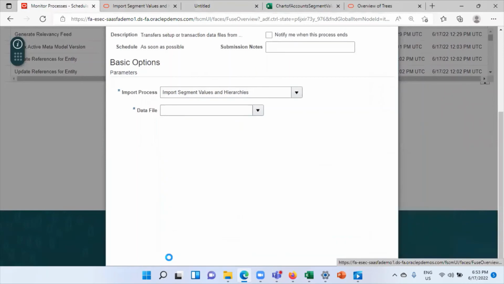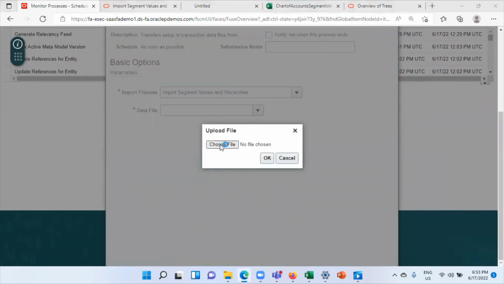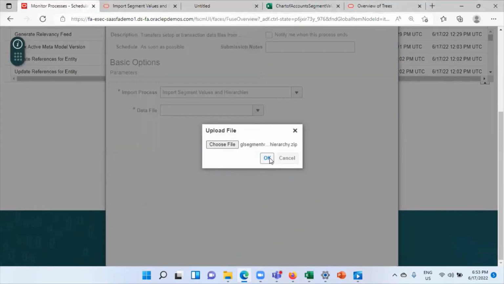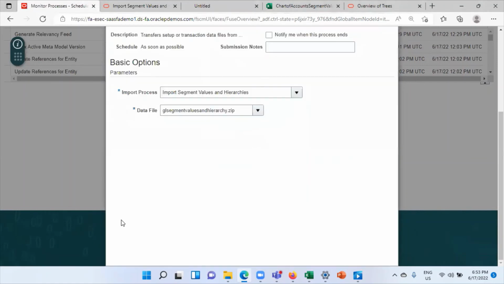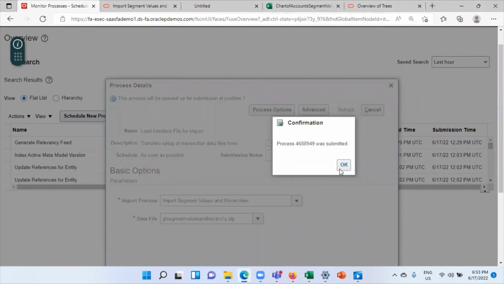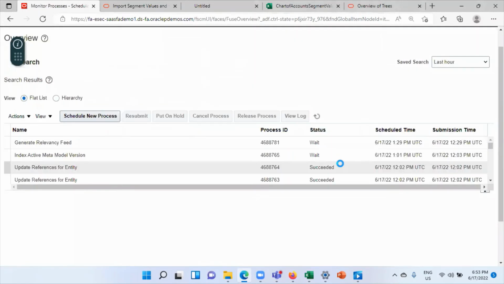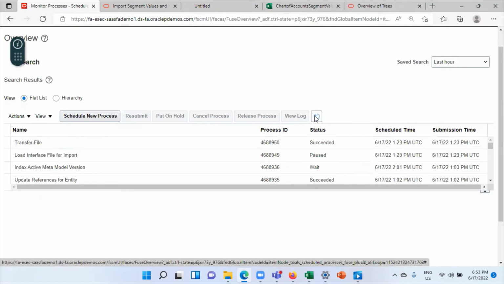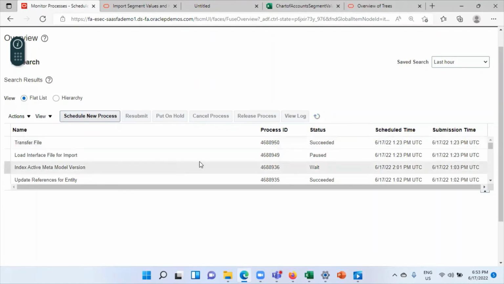Click on upload a new file. This is our file. Click on open. Now click on OK. Click on submit. This is how we submit this process. Now click on refresh. Here you can see the transfer file has succeeded.